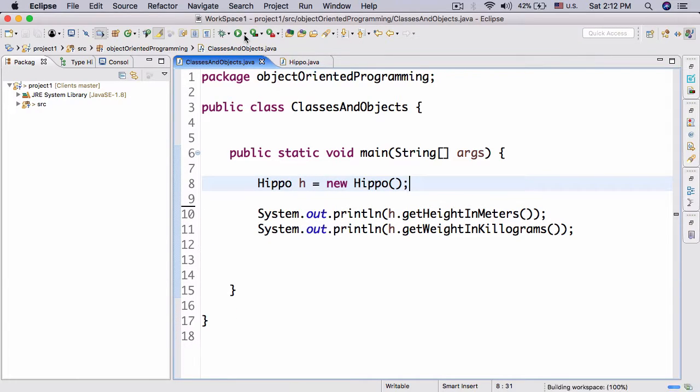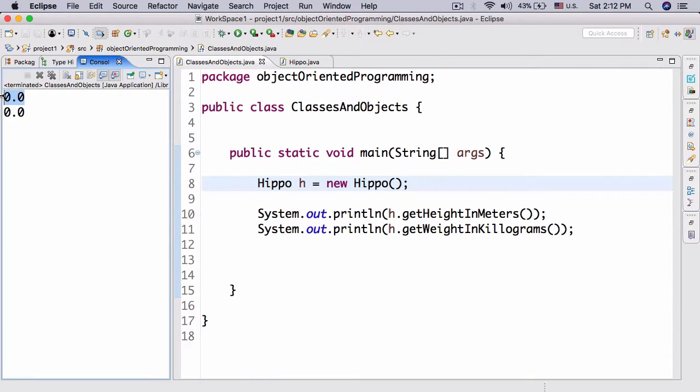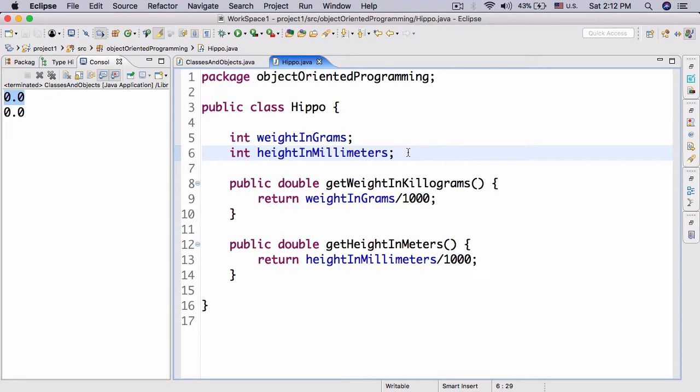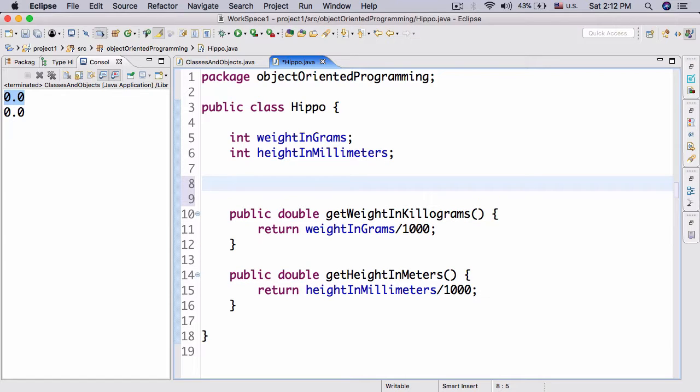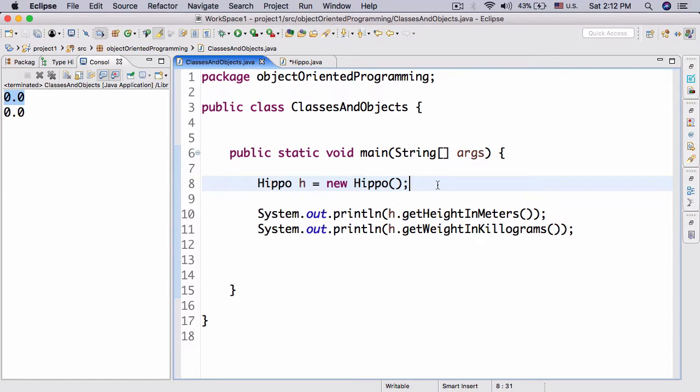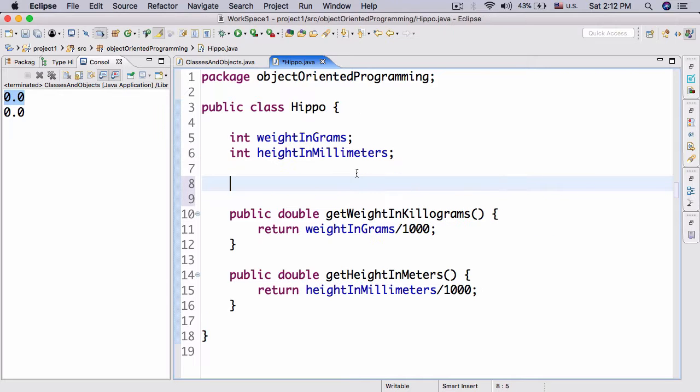You'll see, if you run this, we get 0.0. So we didn't set anything. And so what is this, like a null hippo? No. We need to set something for the hippo. So that's where a constructor comes in. So a constructor is essentially just a method like any other method, except this is what is called whenever we do the new hippo. So when we do new hippo, this is essentially the method that's being called, so the hippo method. So if we go ahead and create a hippo method here, hippo,